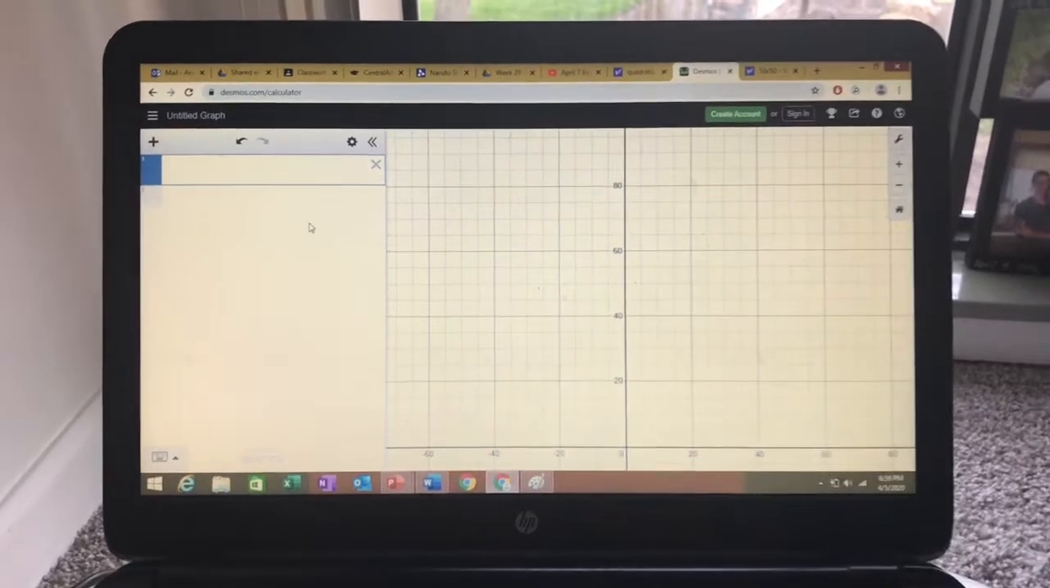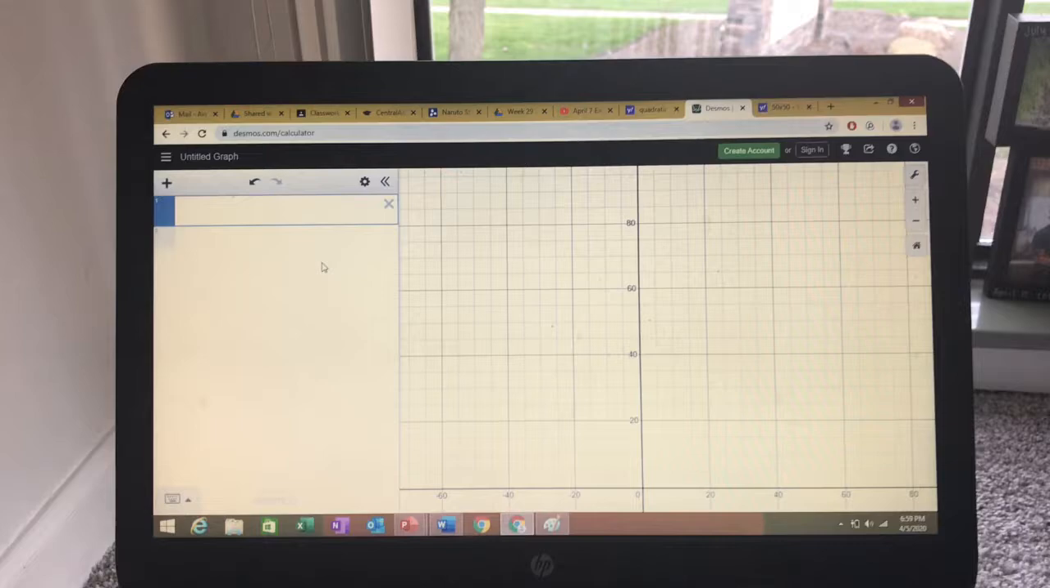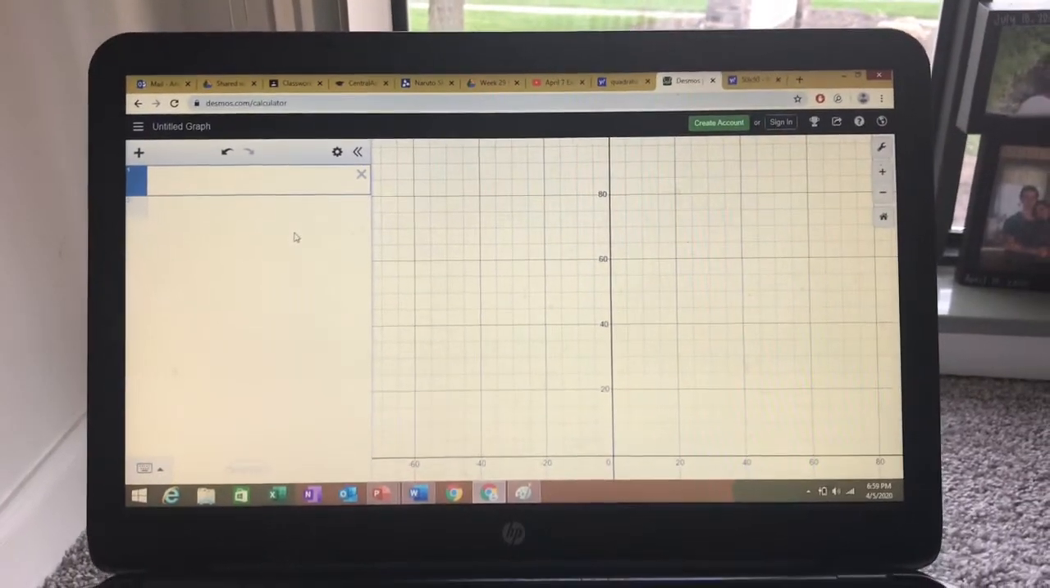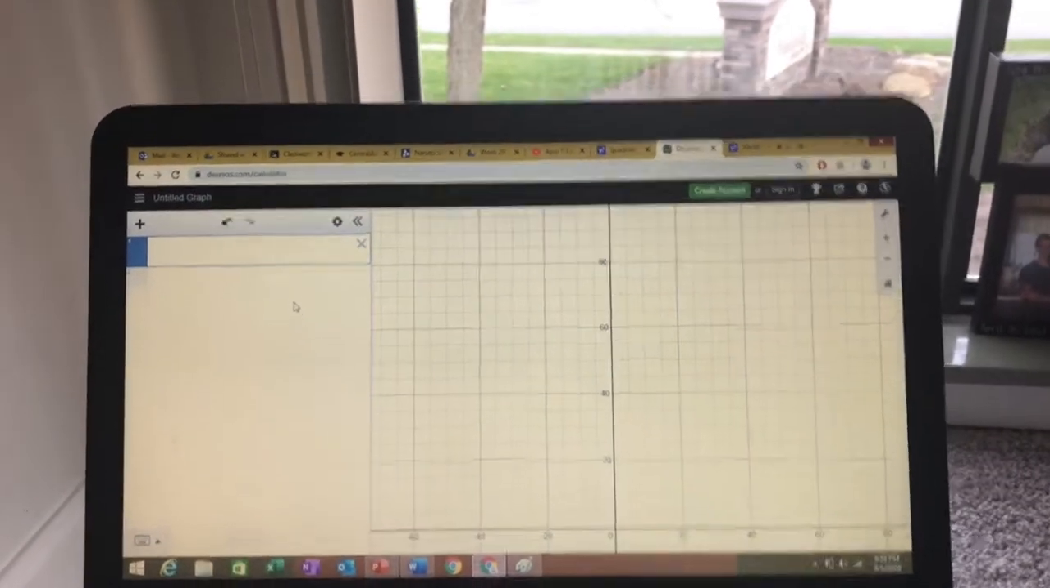All right, so here's what we're going to do. First, we need to figure out how many feet the rocket got to at its maximum height. So we have to type our function into Desmos. All right, our function is negative